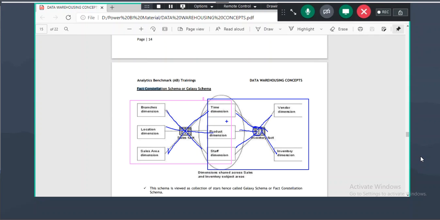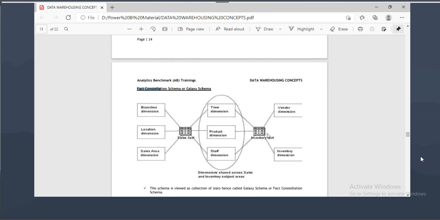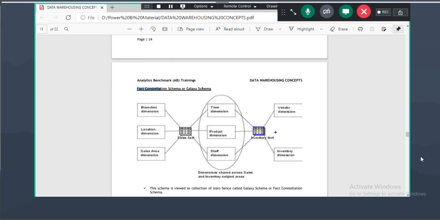Take an example. I have a manufacturing unit. I have a car company. I'll manufacture the cars. I'll sell the cars. All the manufacturing related data will be there in this table. All the sales data will be there in this table. For manufacturing, how much amount we are spending will be there here. When you sell it, how much amount you got will be there here.